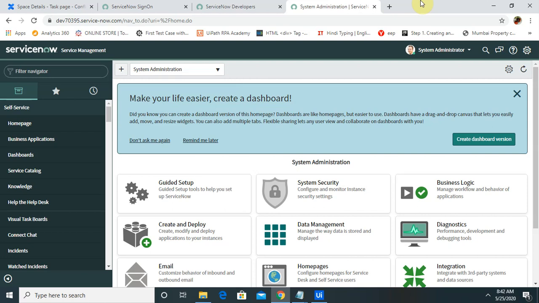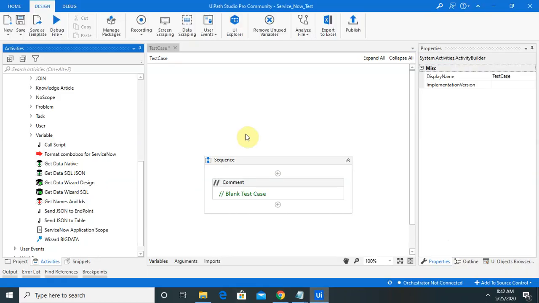Just like if I am facing any issue with access to any server, I will raise a request on the ServiceNow incident tab. Once the IT team checks that incident, they will provide me access to the particular server. So this is the flow of how we use this application in an organization. If I want to automate this application, I need to configure it in my UiPath tool so that my connection will be successful for working with other actions.